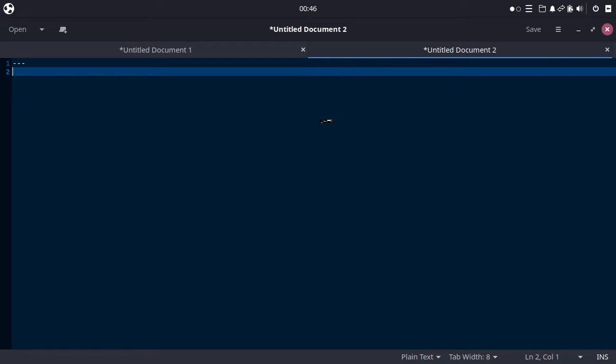The become keyword leverages existing privilege escalation tools like sudo, su, doas, runas, and many others. Basically, the become keyword is to execute each task with sudo.